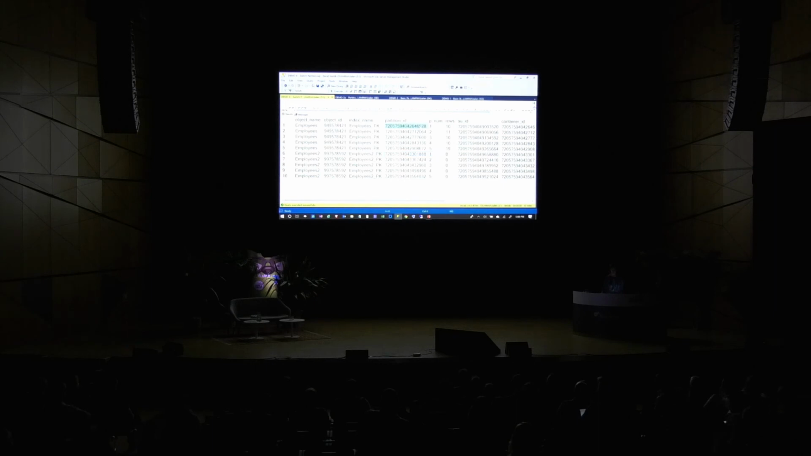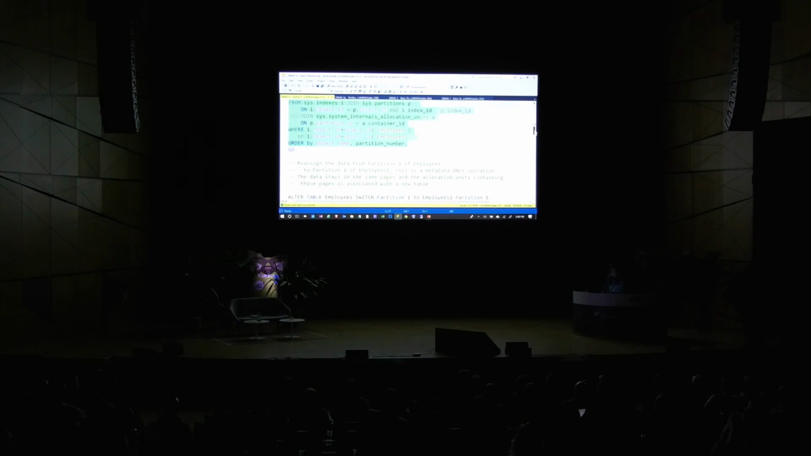So let's remember these partition numbers. This one ends in 2-8. This one ends in 8-8. I have page numbers here, not like you have to remember them. This is all zeros. This starts with an E. And when I do the switch, partition 1 from employees to partition 1 of employees 2, and then look at the metadata again,